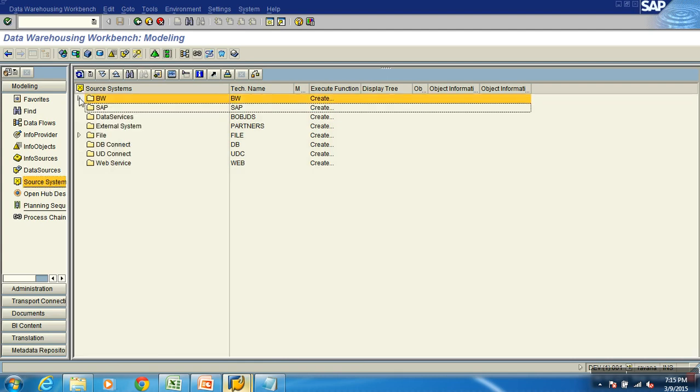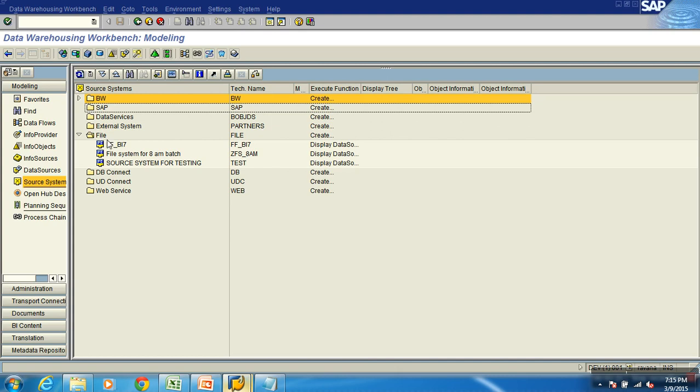Now, I already explained to you in the last class, we'll have different types of connections. Now, what type of connection will we use first? File. In real time, they just create one connection first, a flat file connection. They use the same connection to extract data from any number of files. Everyone in the project has to use that same one. But now, since I'm showing you, I'm creating one, so don't create many, don't create 10-20. Okay.